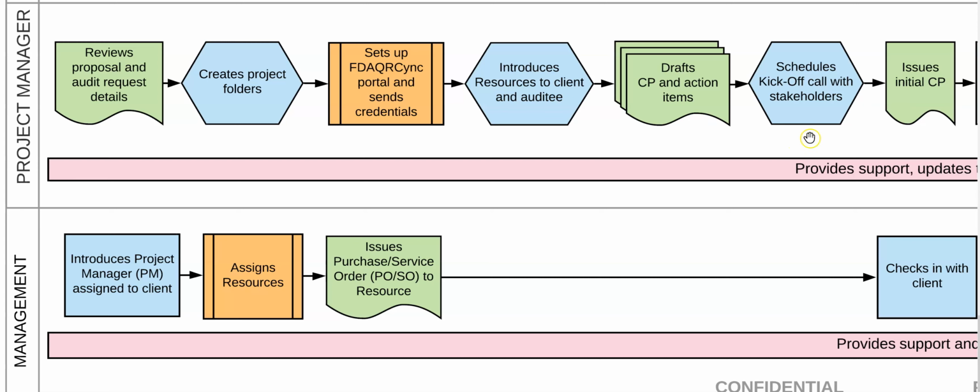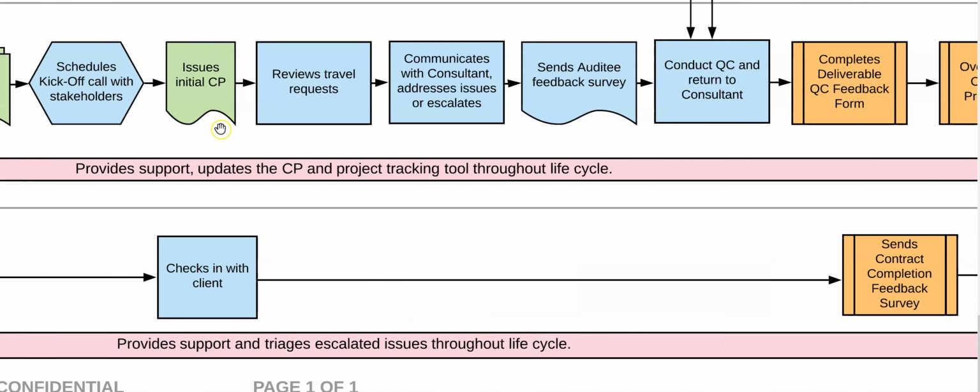client for review. They are also responsible for scheduling the kickoff call with the client and the resource to discuss the scope of the project and the deliverables as described in the collaboration plan, as well as receive any clarifications that still might be needed. The collaboration plan is a living document and will be updated accordingly throughout the project. Whenever any changes have occurred, the PM will distribute the newest version of the collaboration plan to the client, resource,